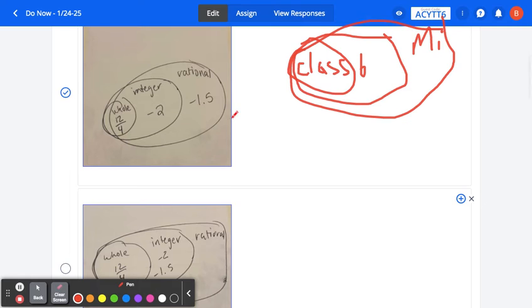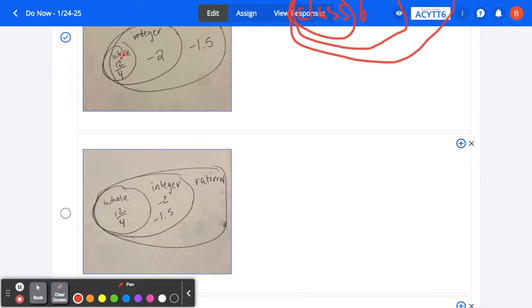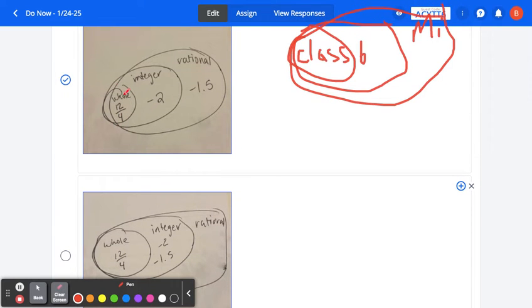And the one thing that is super curious, and I don't know about you guys, is seeing this fraction. Why is the fraction in the whole number? Shouldn't that be a rational number because it's a fraction? Well, if you remember, when you have a fraction, if we can simplify it into a whole number, so something that doesn't have a part, then it can be a whole number, and it has to be positive. So we know it's positive. 12 fourths, that's the same thing as 12